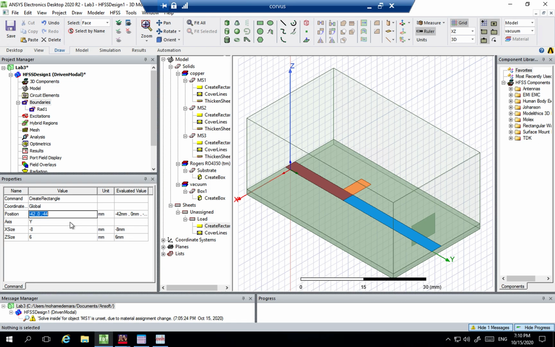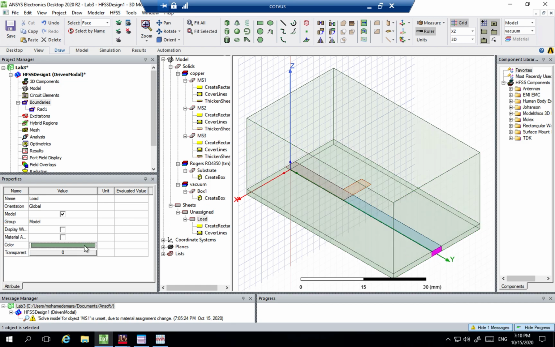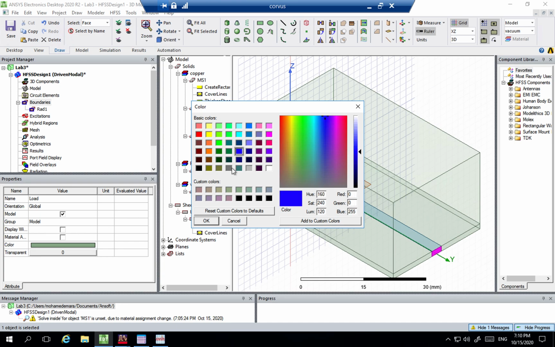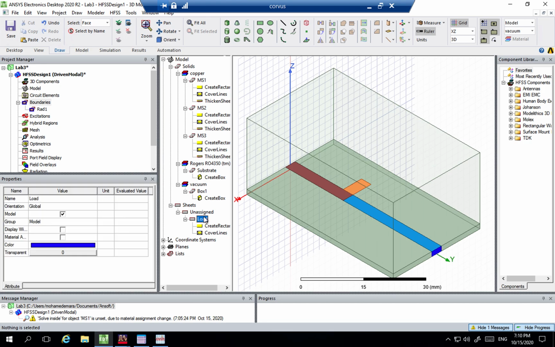So the location here would be the width of the line. It's going to be at the end of the substrate, and say it starts at 0. Of course, this will be MSW, and this will be sub H. All right, so that's where it is. We're at the end here, and we'll give it a color that can be easily distinguished. So that's good. The dark blue is our sheet that will be the load. So once you have that